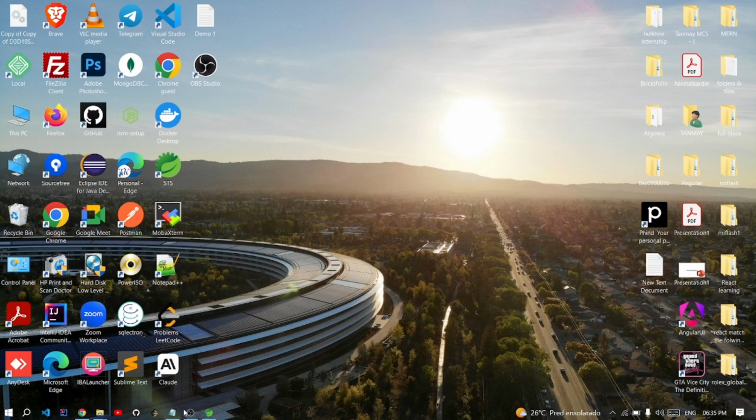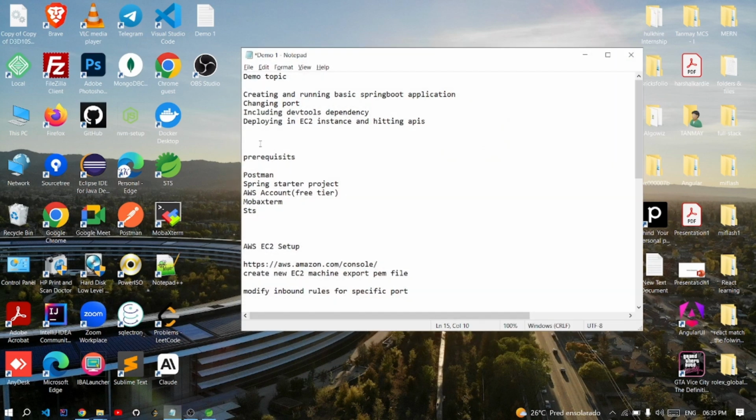I'll be giving a demo on the following topics, such as creating and running a basic Spring Boot application. Later I'll be trying changing the ports. After that I'll try including the DevTool dependency so that I don't have to start and stop the application every time